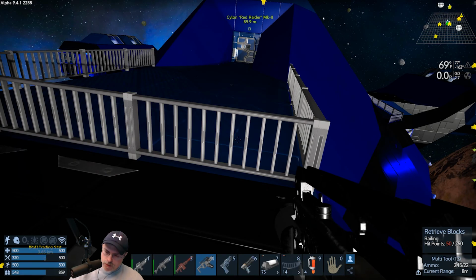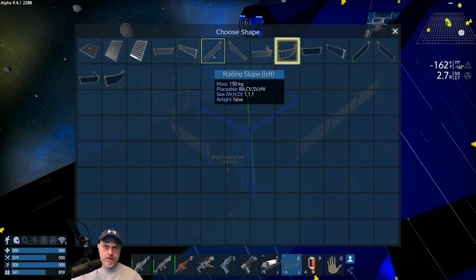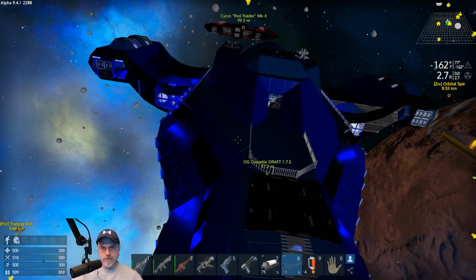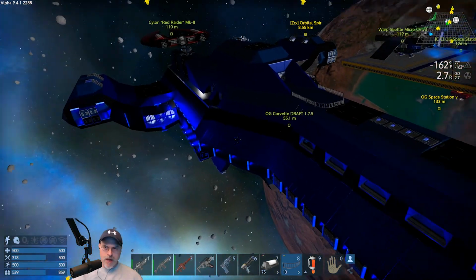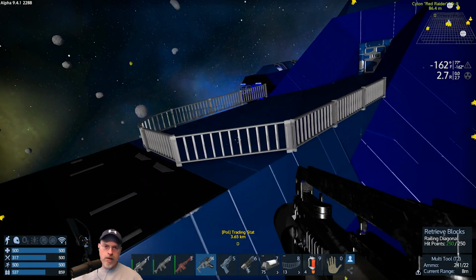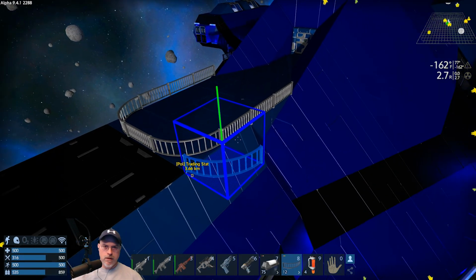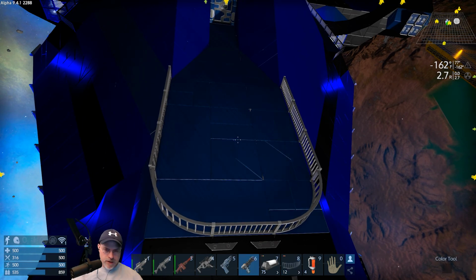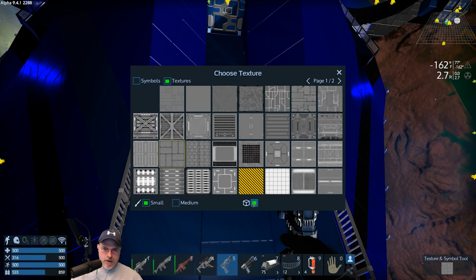Or, oh, there goes the timer. We could also do this. I'm kind of liking the rounded corner better, actually. I think I am. Okay. Let's get our texture gun out for a second. Texture gun, old guy. I want to change this to a walkway type of texture, but I don't want it to...